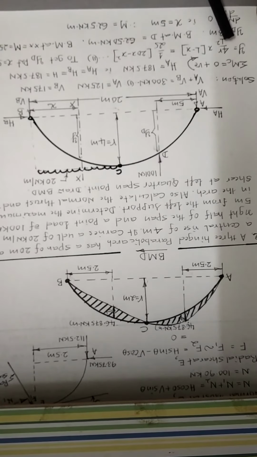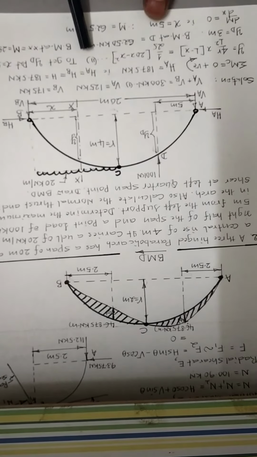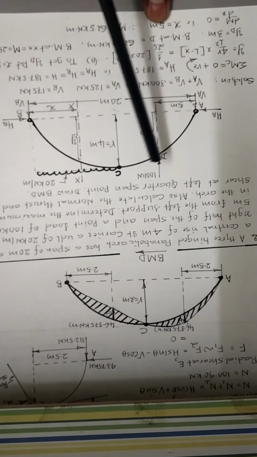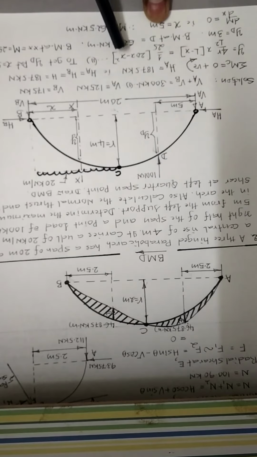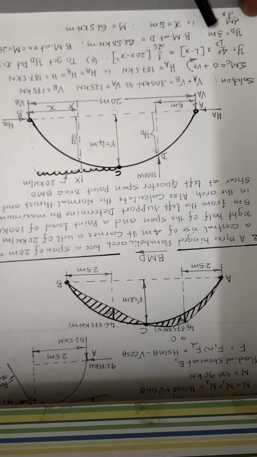Well, in case of a symmetrical parabolic arch having horizontal span L and central rise R, the ordinate Y is given by 4R by L squared into X into L minus X. Substituting all the values, that equation becomes 1 by 25 into 20x minus x squared. Call that equation number 2. To get the ordinate at D, namely YD, put x is equal to 5 meter in this equation. Substitute and calculate that. The value of ordinate works out to be YD is equal to 3 meter.